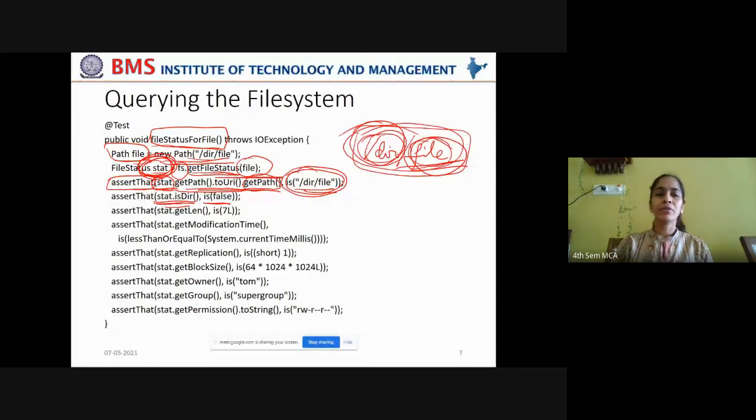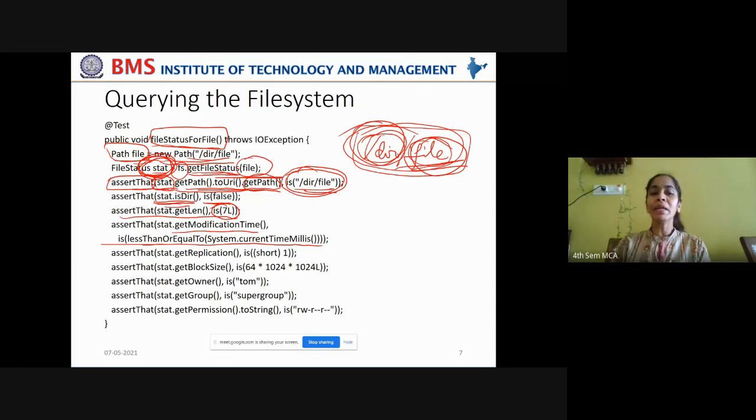It is a file. Now assert that you're trying to get the length of the file. And is it matching with the existing bytes? You're trying to match. You're trying to check. Then getModificationTime. Whether it is less than or equal to the current time milliseconds. Means you haven't accessed to the present system time. You have accessed that file some time back, right?